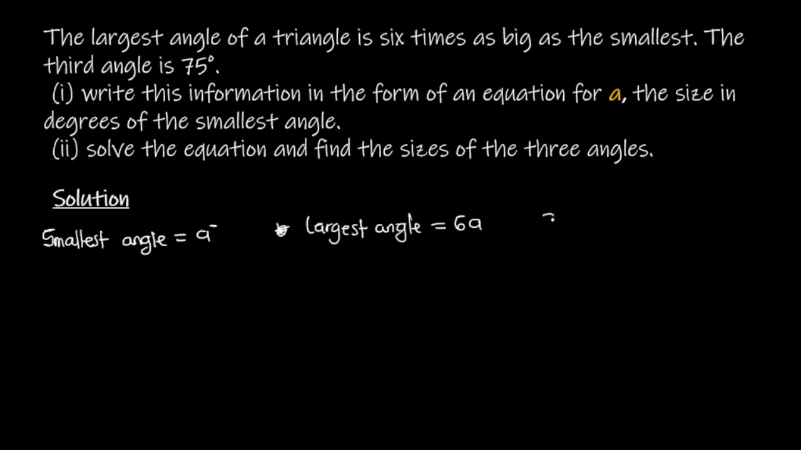Now the third angle, we were given the value to be 75 degrees. Now if this statement holds true, it means we can go ahead and write the linear equation. So now the sum of the interior angles of a triangle add up to 180. We'll be dealing with angles later on in the future. So the sum of the interior angles of a triangle